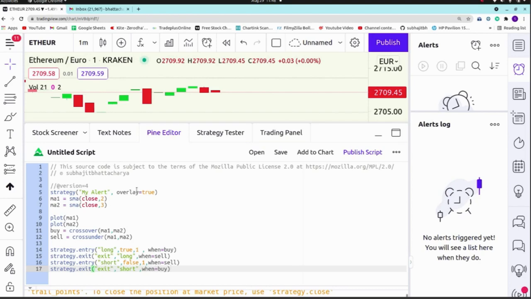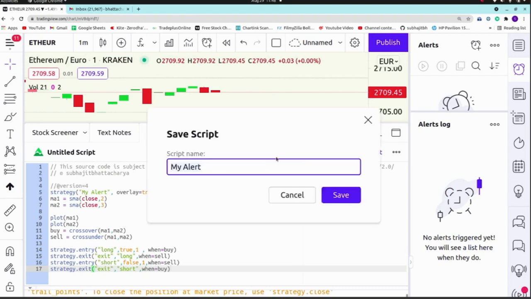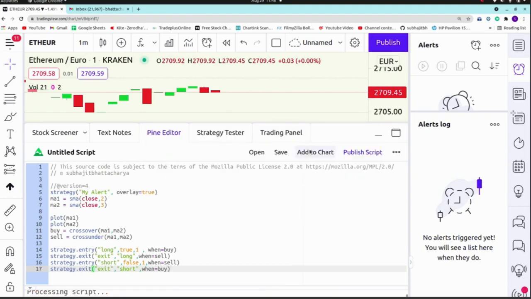So let's save the strategy. Let's save it and add to the chart.